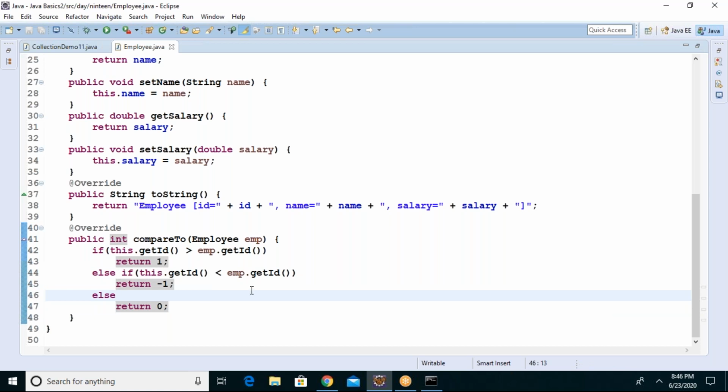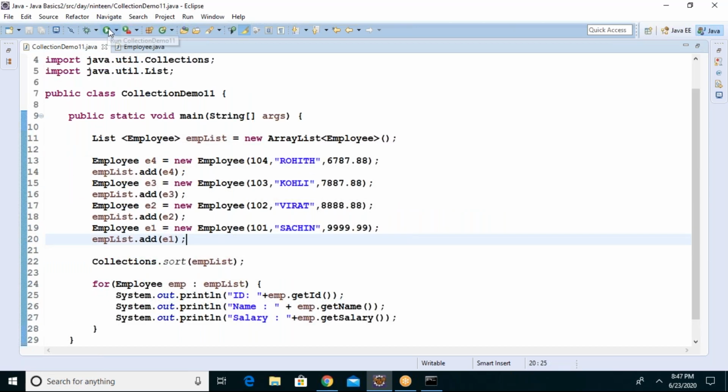You know, in the bubble sort method, in sorting, the first value will be compared with the second value, the first value will be compared with the third value, the first value will be compared with the fourth value. If it is greater than, you swap it. Remember, we did it in the arrays concept. Similarly, the sort method uses this. The overall picture is that you compare and sort with the ID. That's it. This is the logic you need to write. If you want salary, put the salary in place of ID.